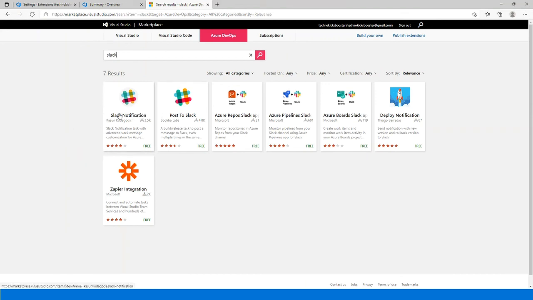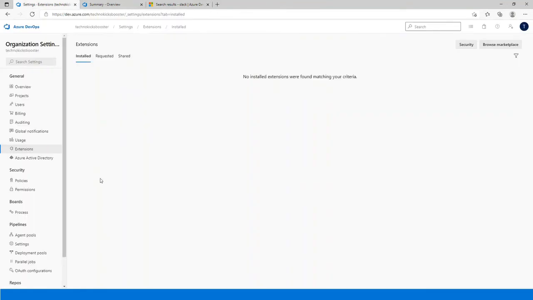So this is extensions. Free extensions are available, and also paid extensions are available based upon your requirement. If your management has taken the decision, definitely you can go ahead, purchase that, and install them. So that's basically the extension part here.